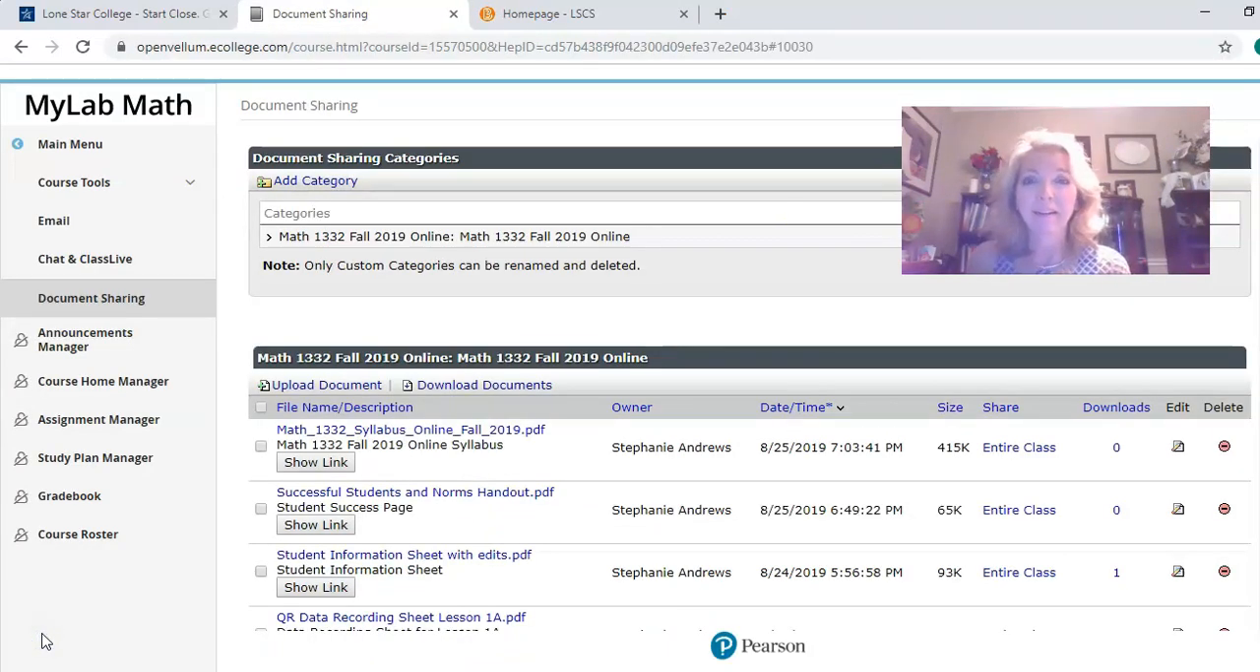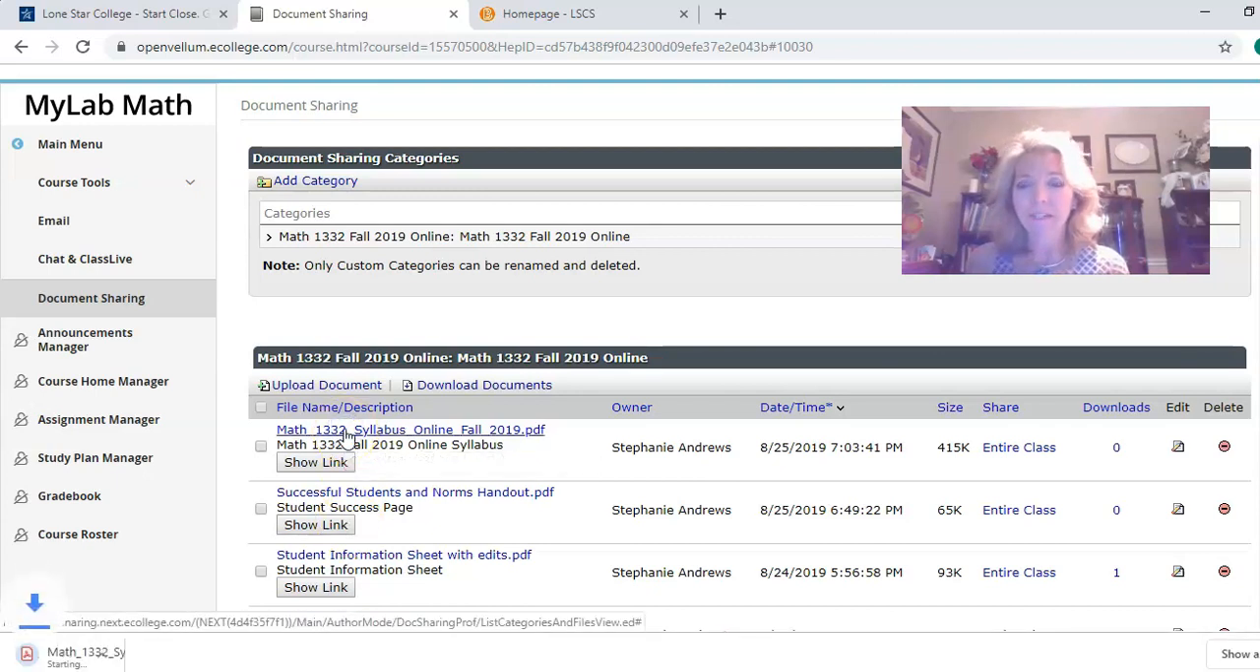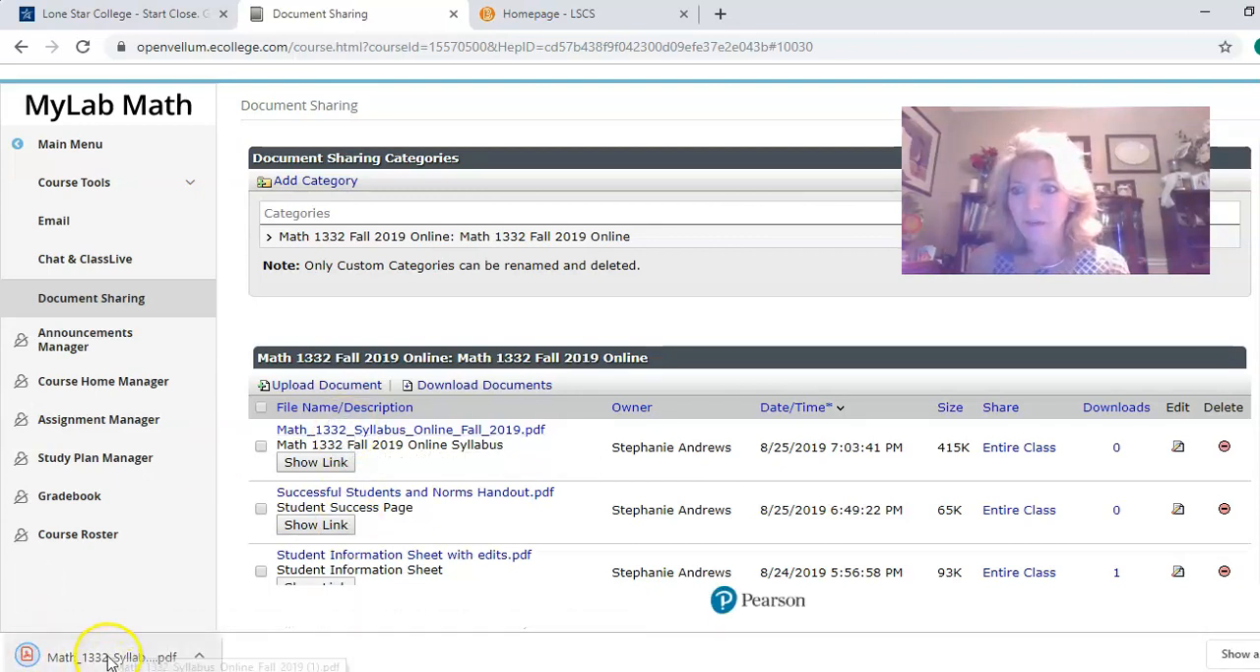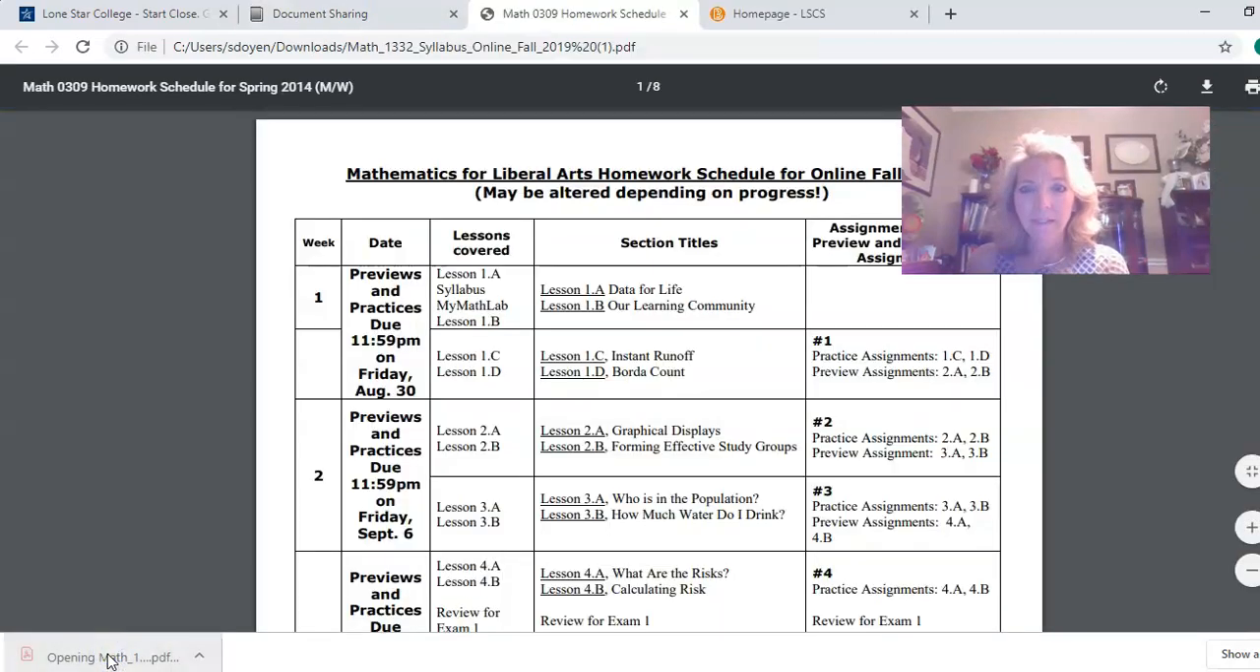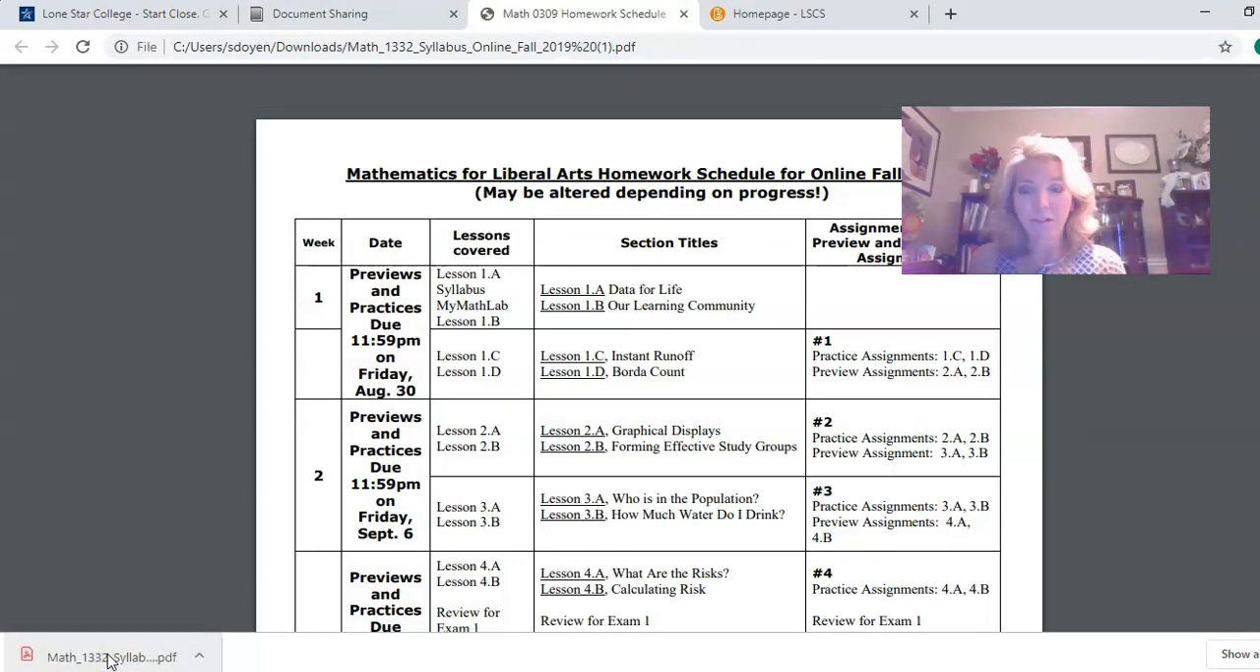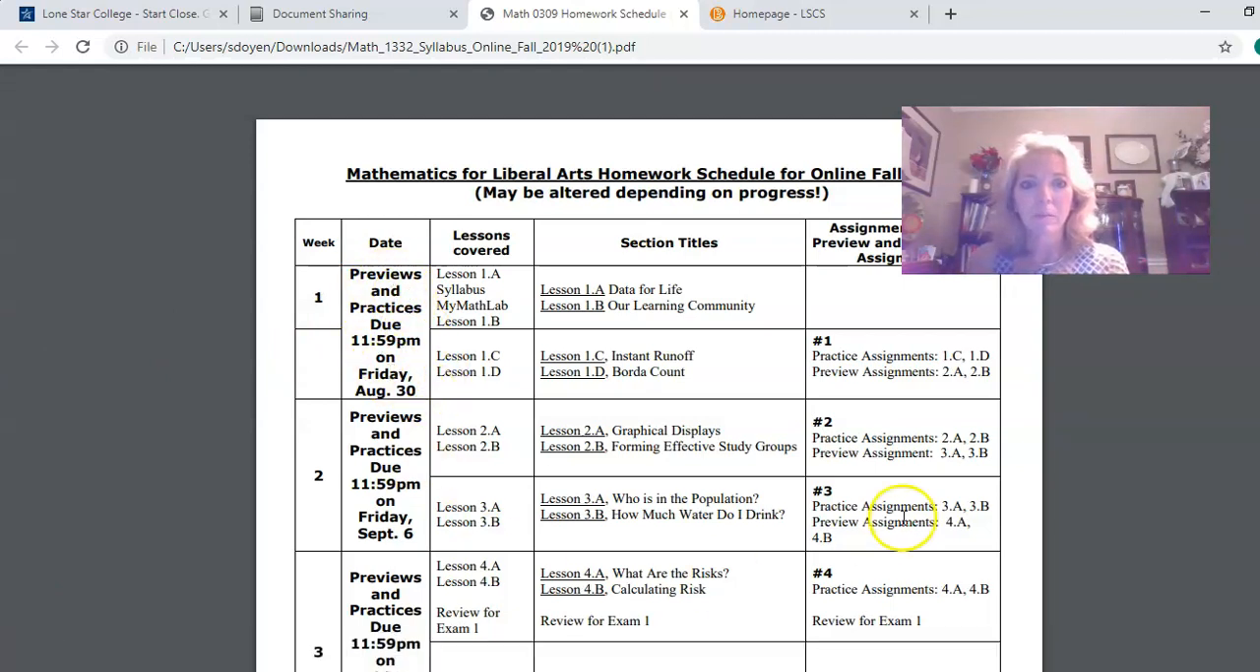Okay, I'm back. I deleted the other syllabus and I've uploaded the correct syllabus now. It goes down here in the bottom left corner. And then when you open it up, there's the correct calendar. Everything is still due Friday, August 30th at 11:59 for week 1. But over here on the side is where you see what you just saw in MyMathLab as far as the assignments. There are many other things you should look at in the syllabus and in the calendar, but just for this quick video,